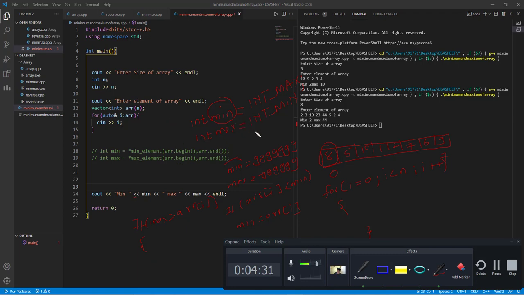Okay, so max is having a value of -99. If I compare this one with this one, let's discuss this with respect to the maximum value. If I compare this maximum value with this one, obviously this one is greater. So I'll write: if array of I is greater than max,